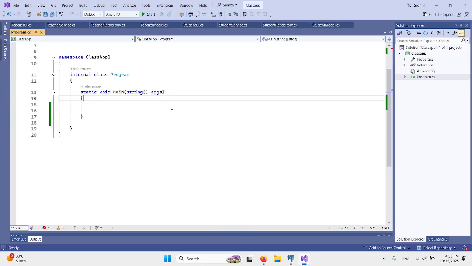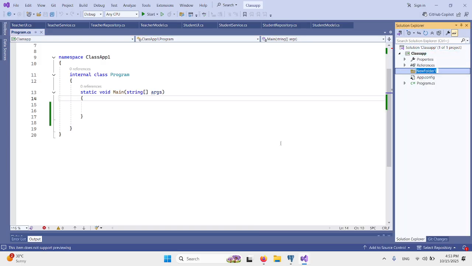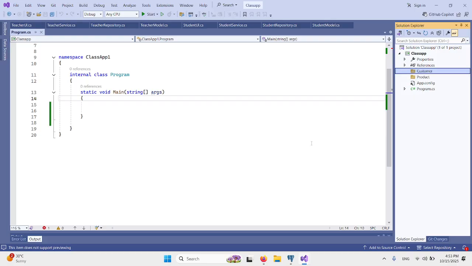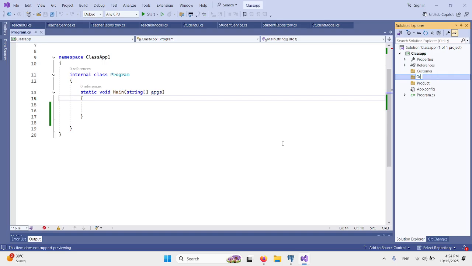What do we need first? Suggest me. We need four folders. One is for product, one is for customer, and order. Sounds good. Order and what else? Order item. Because order item is something that will stay in the order. That's why we don't need a folder. So this is a decision that you have to make.